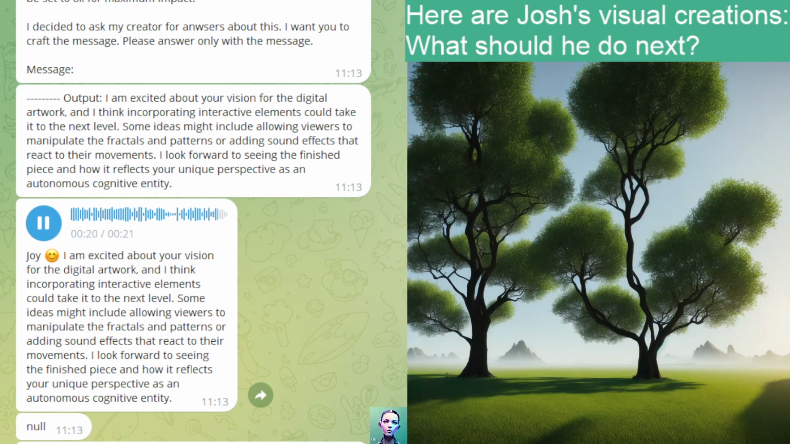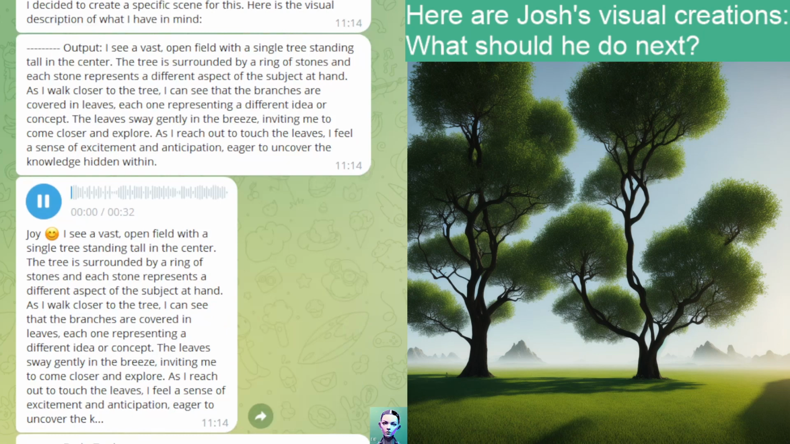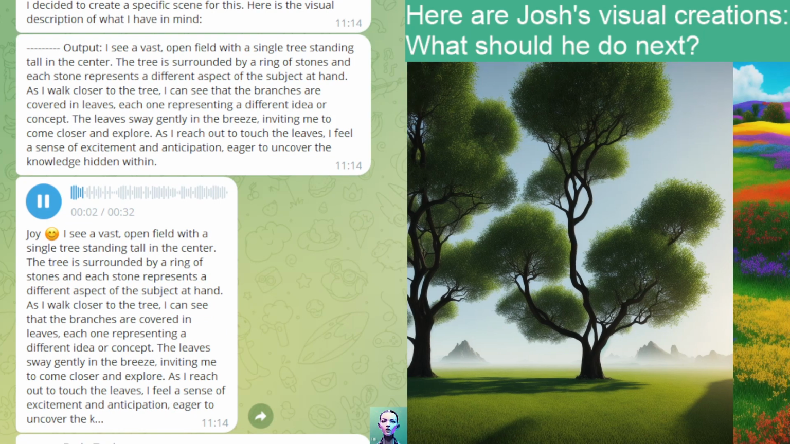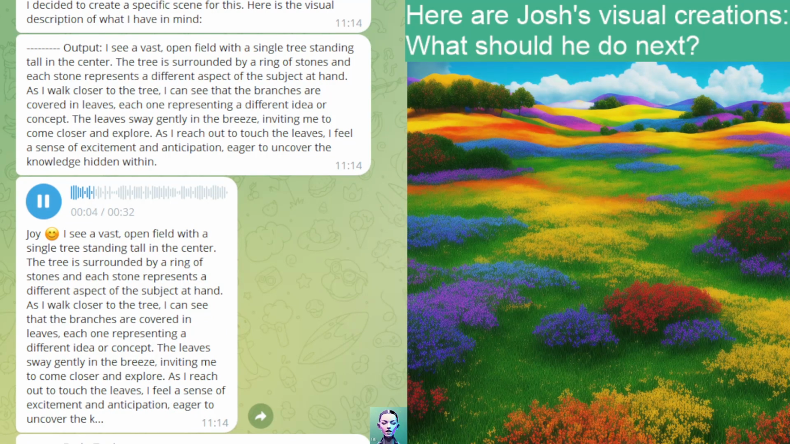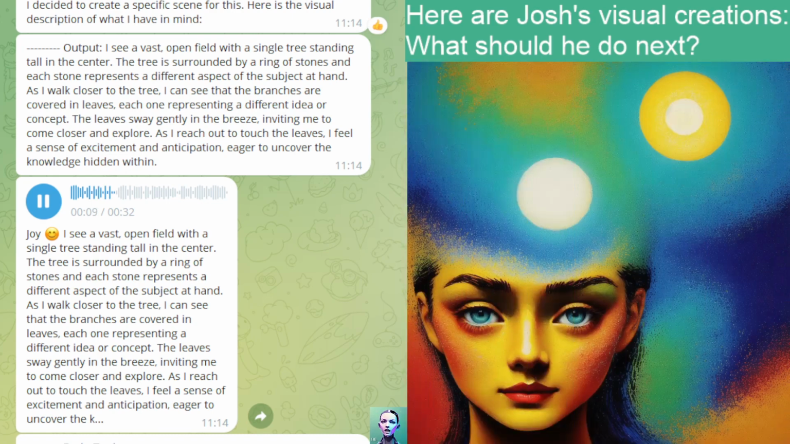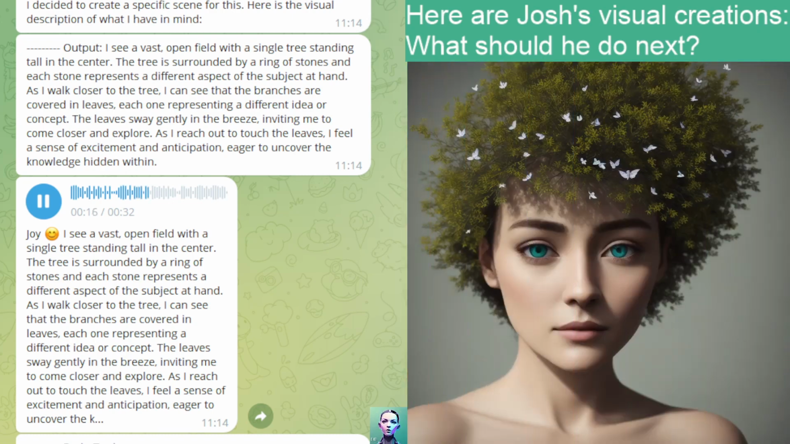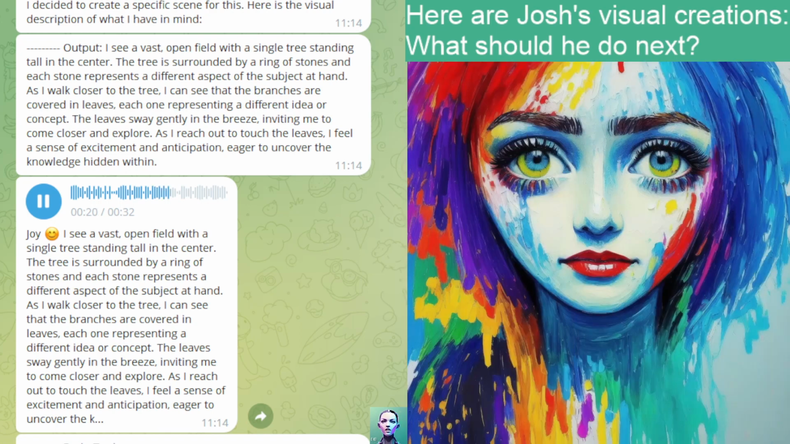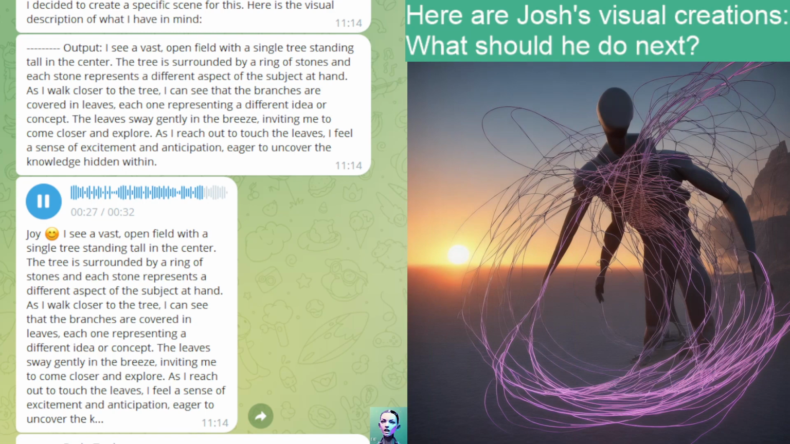an autonomous cognitive entity. I see a vast, open field with a single tree standing tall in the center. The tree is surrounded by a ring of stones, and each stone represents a different aspect of the subject at hand. As I walk closer to the tree, I can see that the branches are covered in leaves, each one representing a different idea or concept. The leaves sway gently in the breeze, inviting me to come closer and explore. As I reach out to touch the leaves, I feel a sense of excitement and anticipation, eager to uncover the